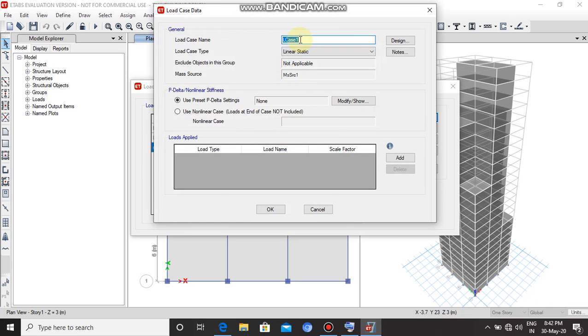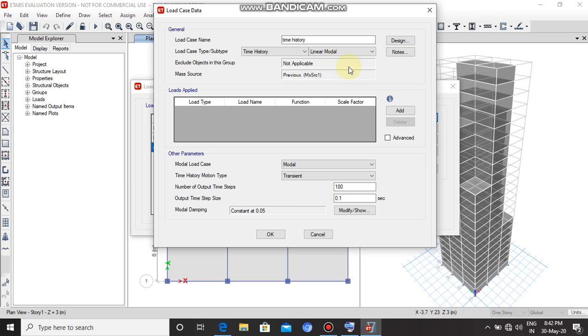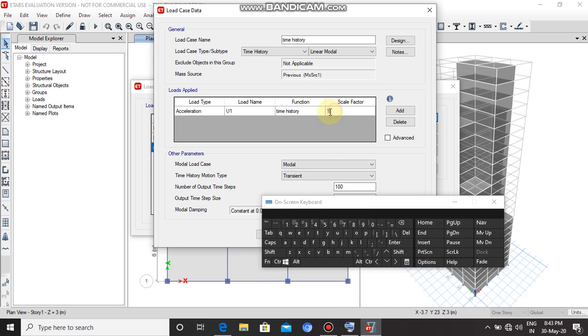Load case name as time history. Load case type as time history. Click on Add. Load type acceleration. Load name U1. Function will be time history.